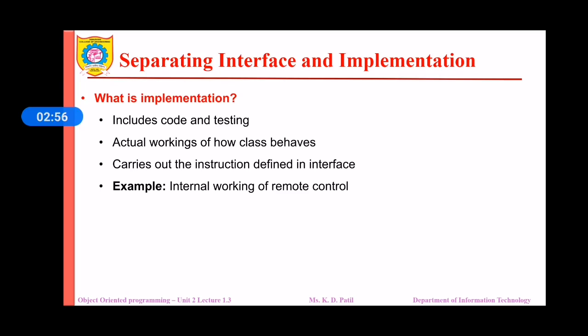Now let me give you one more example. You may have observed the function definition and function declarations in your class. Then function declaration can be considered as an interface and function definition can be considered as an implementation of a class. If you have observed, you can keep the definition and the declaration separate. Now if you make changes in the definition, the user will not be affected, as the user is just calling the function and may not know the internal implementation of that function or of that method. So it is very easy for reusability purposes.